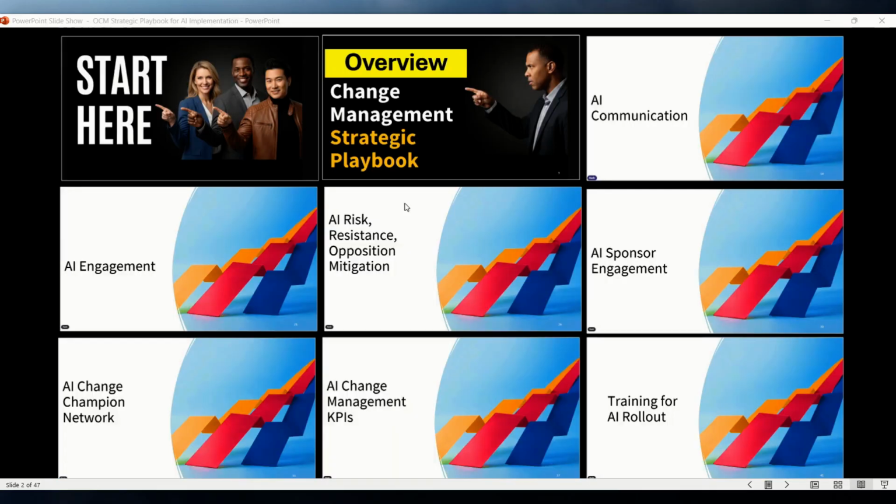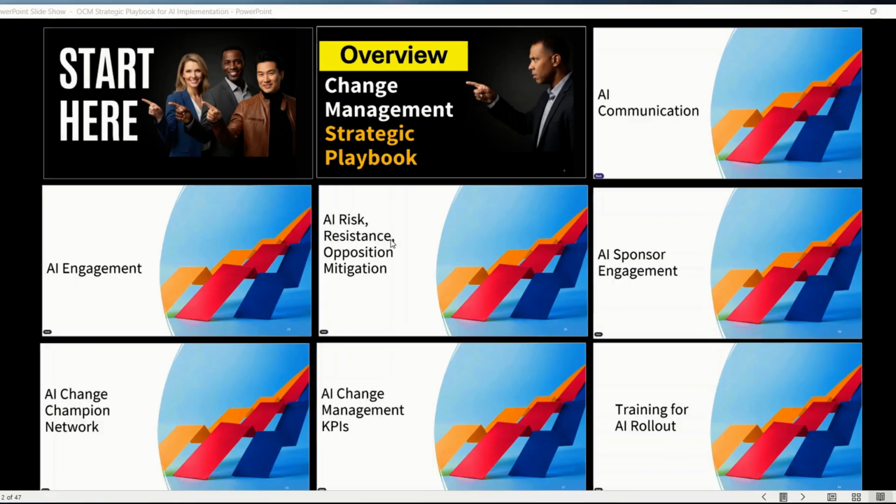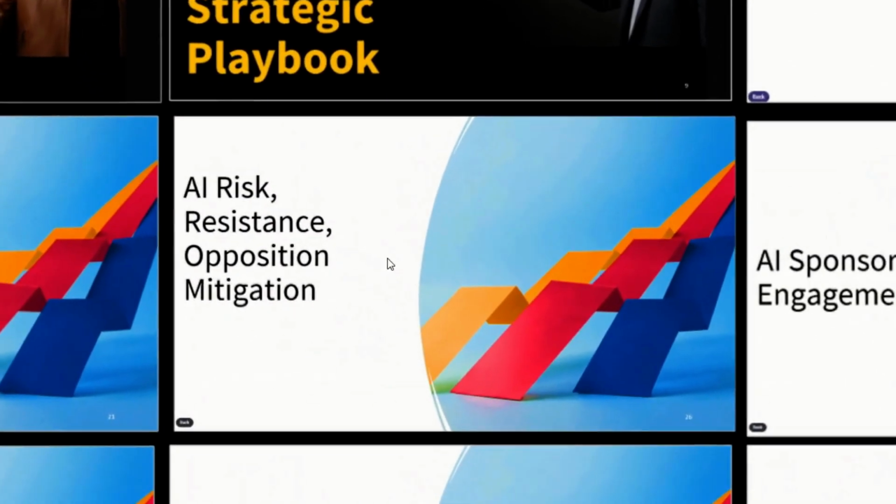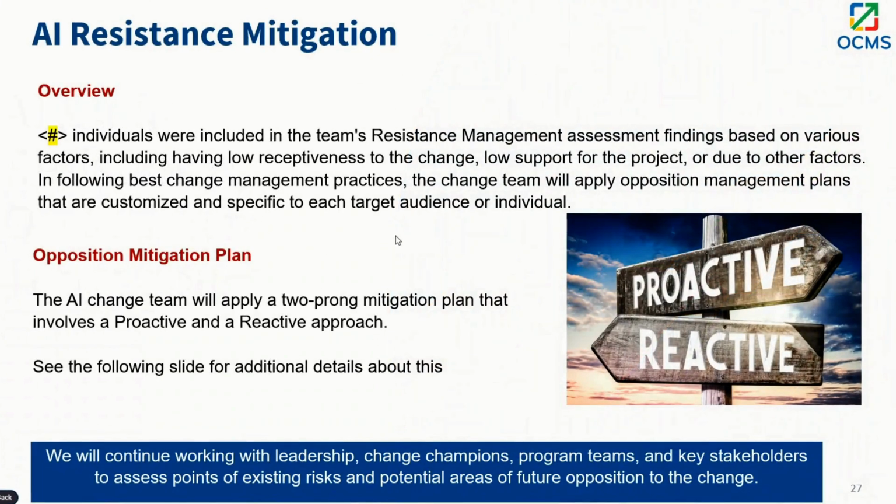When you open this document, you will see this table of content slide. You want to click on where it says AI risk, resistance, opposition mitigation, which is this right here. And when you get here, you will see this slide. This slide is what you will be using to communicate your AI resistance mitigation strategies to your sponsors and also key stakeholders. You want to start out by including the number of individuals that you included in your resistance management